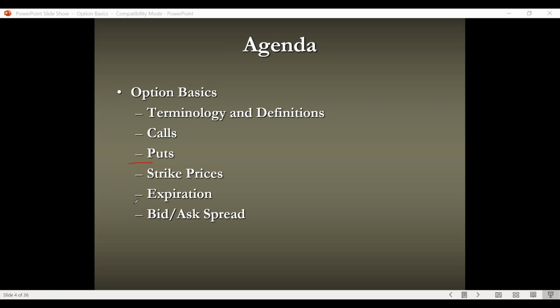The biggest thing that you need to understand with options is that when you're an option buyer, you can never lose more than what you spend on buying that option, aside from any commission costs. But there's a lot of commission-free trading out there now, so you don't even have to pay commission costs.